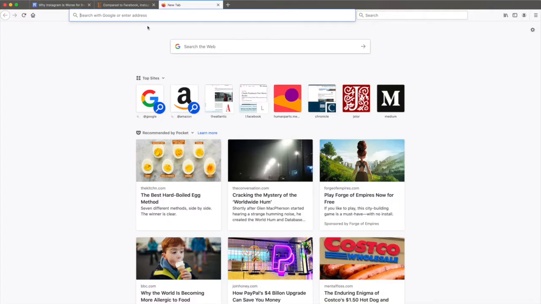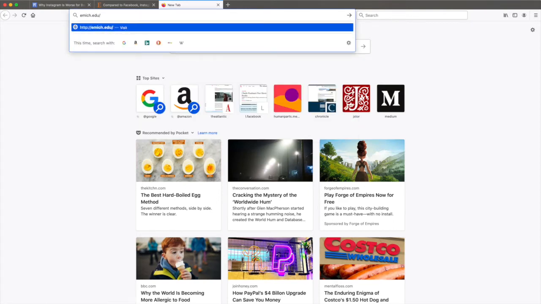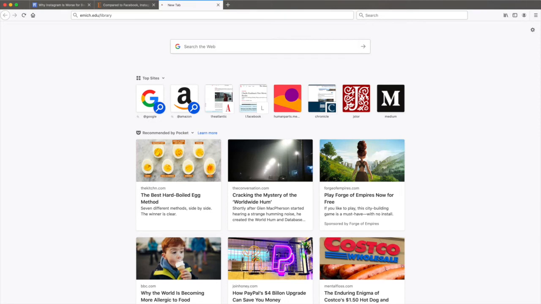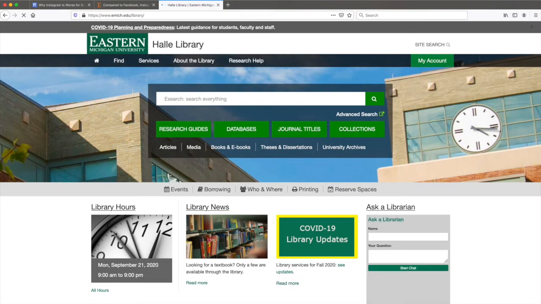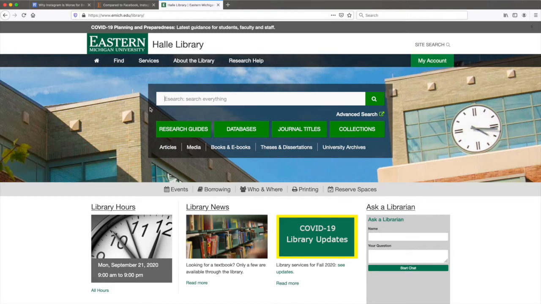I'm going to show you the other thing that you should be looking at for sure, which is the library. The library has a lot of resources that are not really available through Google or on the web. Now, the first place to start, just down and dirty, if you will, is just do that search right here. So like body image Instagram.